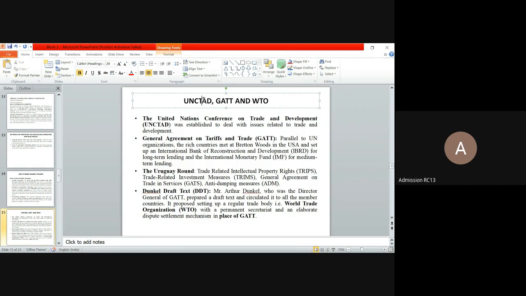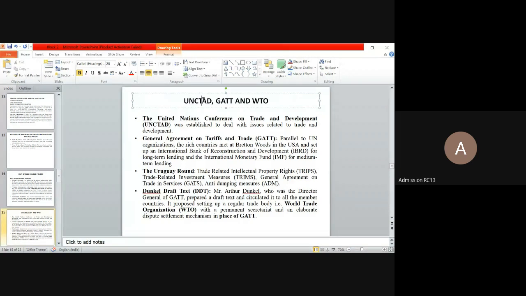Arthur Dunkel was the Director-General of GATT. What he thought was, instead of an agreement, let us come up with an organization. This was later called the WTO. So GATT was replaced with WTO. And GATT went on up to the Uruguay Round. Many rounds were there, and the Uruguay Round was the last round. After that, WTO came up. So in that,